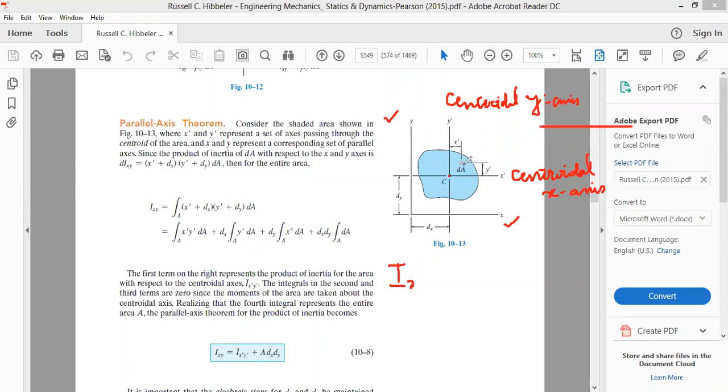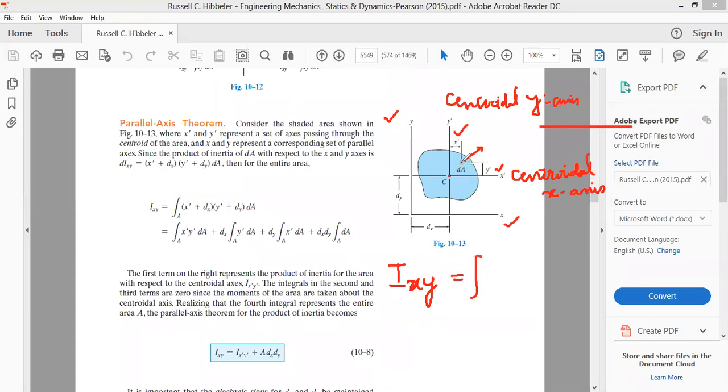Take a small area element dA, and suppose the centroid of this small area element dA is at a distance y prime from the x-axis and x prime from the y-axis. Then we have a property of the area called the product of inertia. The product of inertia Ixy is defined as the integral of